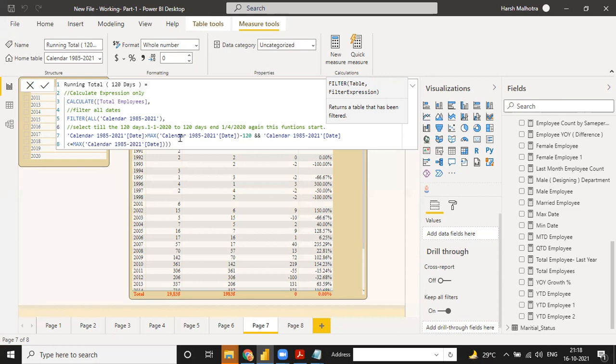Suppose in the calendar date you have 1200 dates, so 1200 minus 120 is equal to the maximum. And concatenate with the calendar date with maximum, but this time less than, and that time greater than. It means you have a period between them, and you have your running total for 120 days.